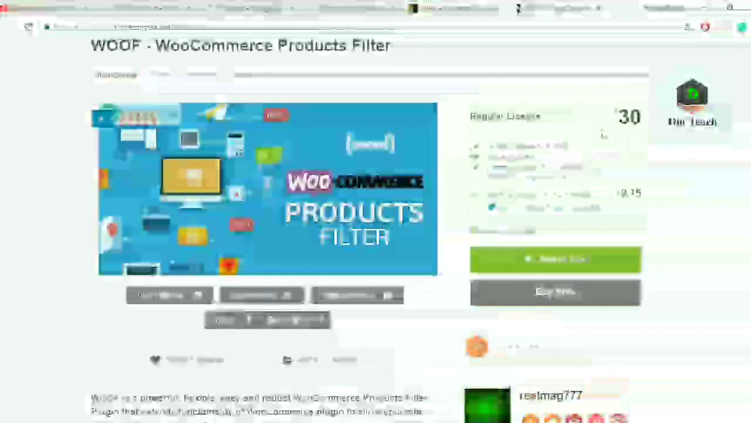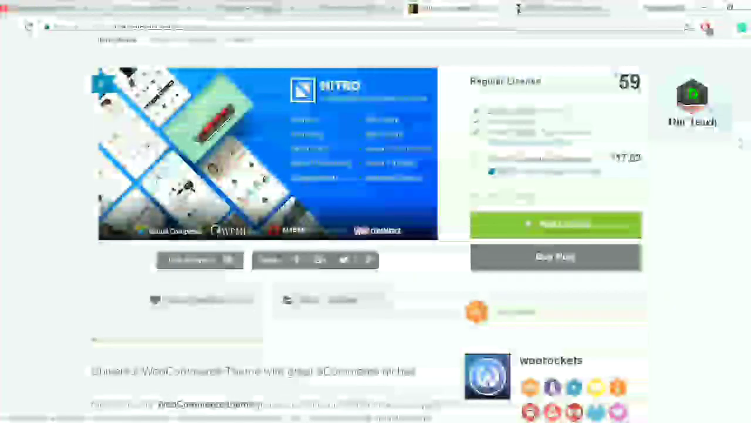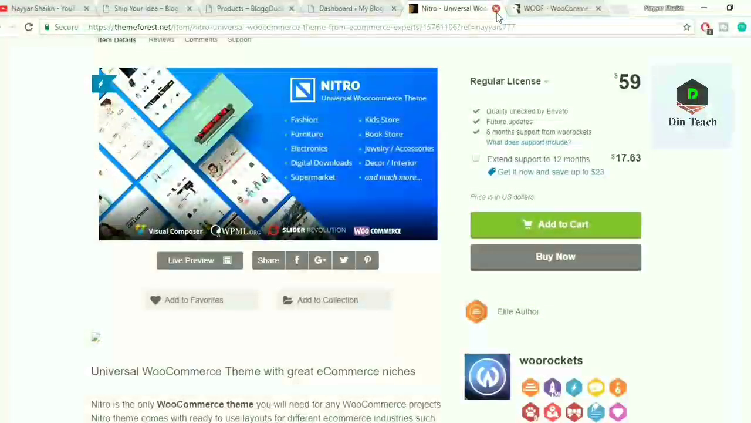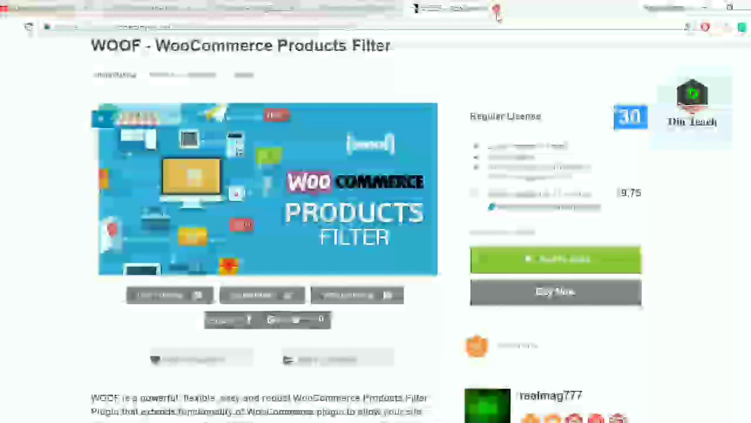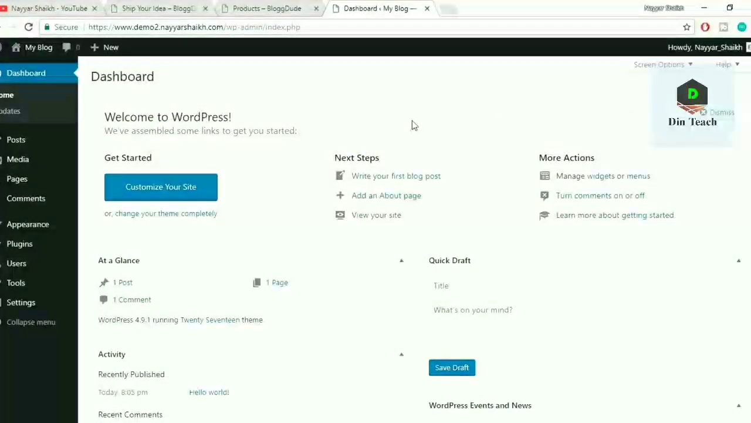So it's all up to you. I just wanted to give you a better option. You can just purchase this plugin for 30 bucks, or you can go with this theme. You get a theme plus so many awesome premium plugins. So you can decide yourself what you want to do. You can just go ahead and purchase the plugin and the theme. I'm assuming that you are using that theme, so I'll be using that theme and I'll show you everything step